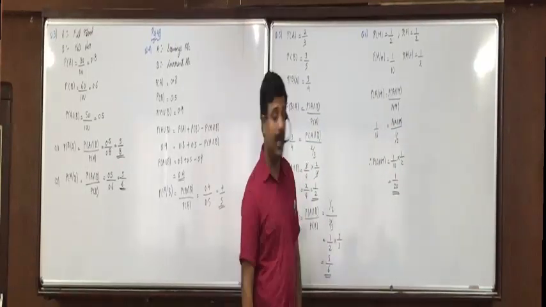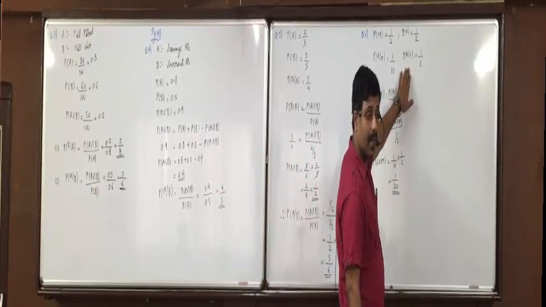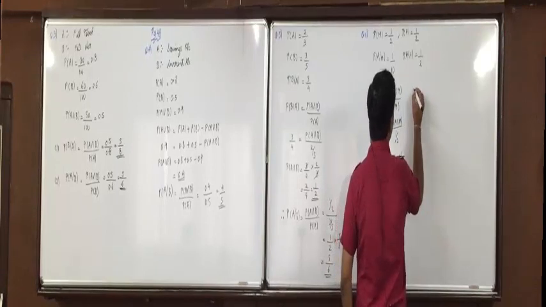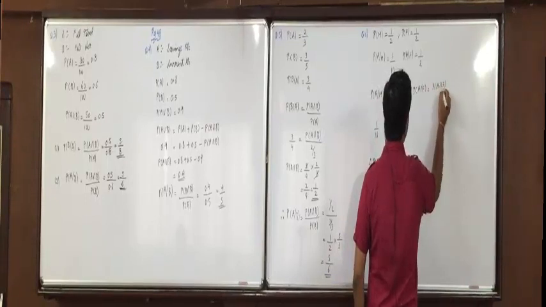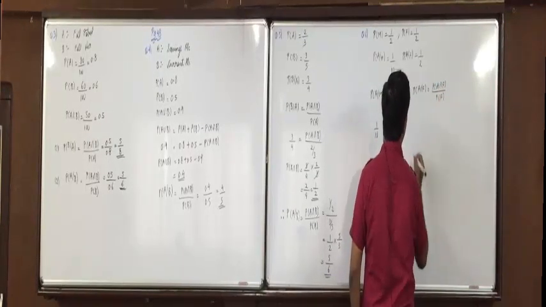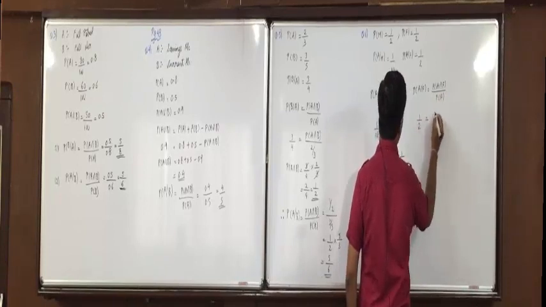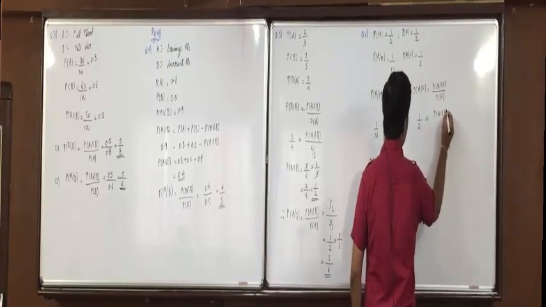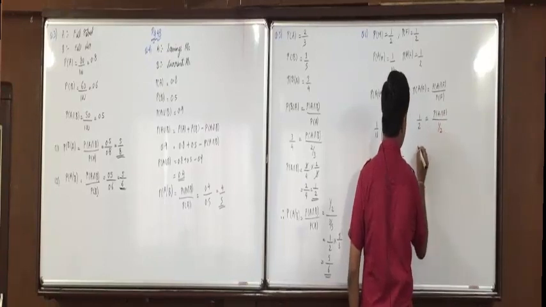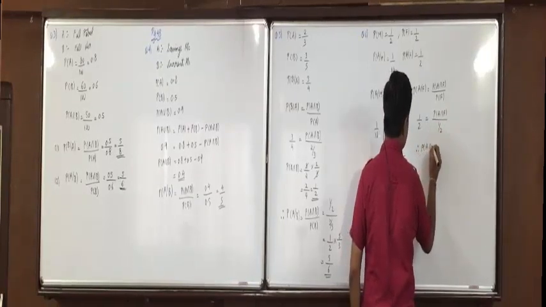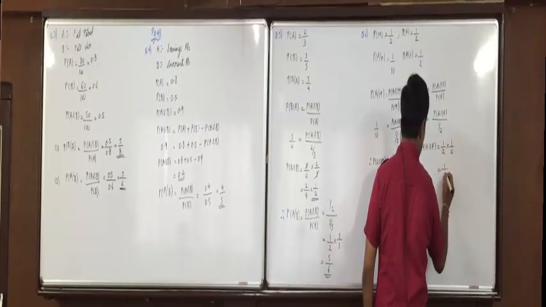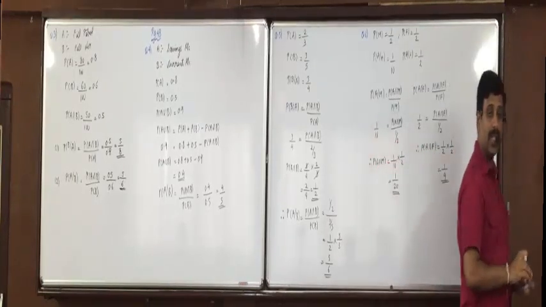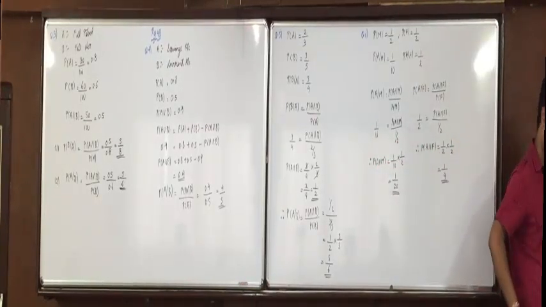Got it, everyone? Same way applying the formula of A slash F, you can find A intersection F. P A slash F is equal to P of A intersection F upon P of F. A slash F is 1 by 2. A intersection F we have to find, upon P of F is also 1 by 2. So what will be A intersection F? 1 by 2 into 1 by 2, that is 1 by 4. Understood this, everyone? Any doubts with it?